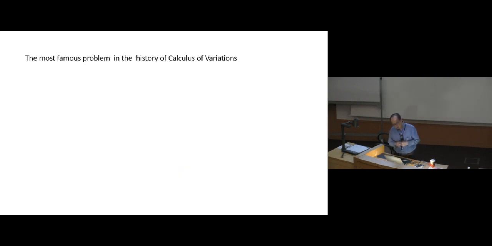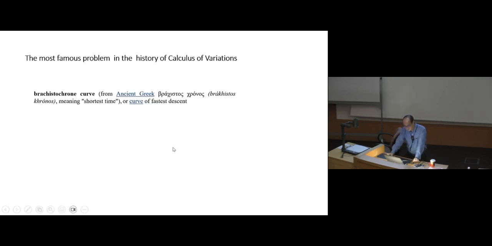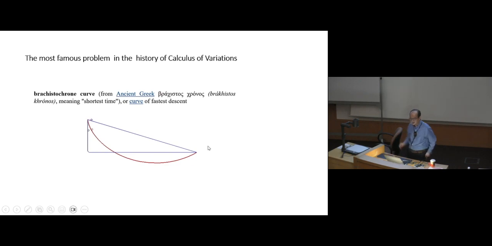And in the history of calculus of variations, the most famous problem is this. We call it: how do we construct a curve of fastest descent? It's a problem from physics. I want to build a surface such that a ball rolls from the top to the bottom, but I want to build the surface in such a way that the time it takes from one point to another is minimal. You say that's a physics problem, but how do you solve it? We need help from the mathematician.